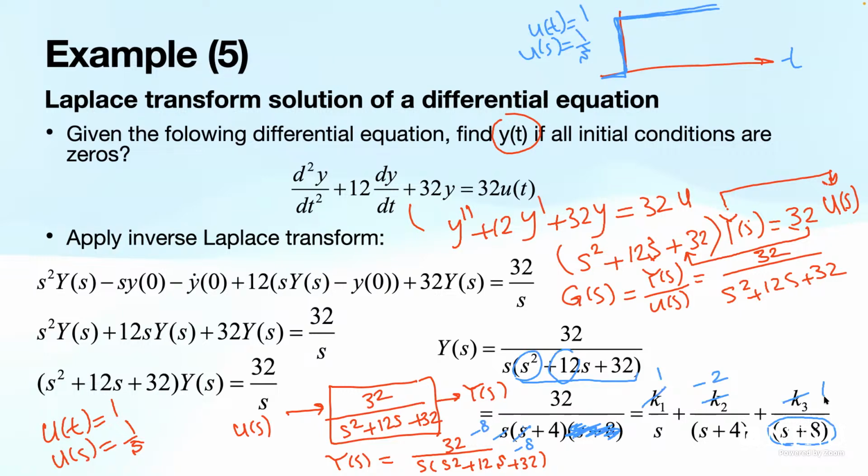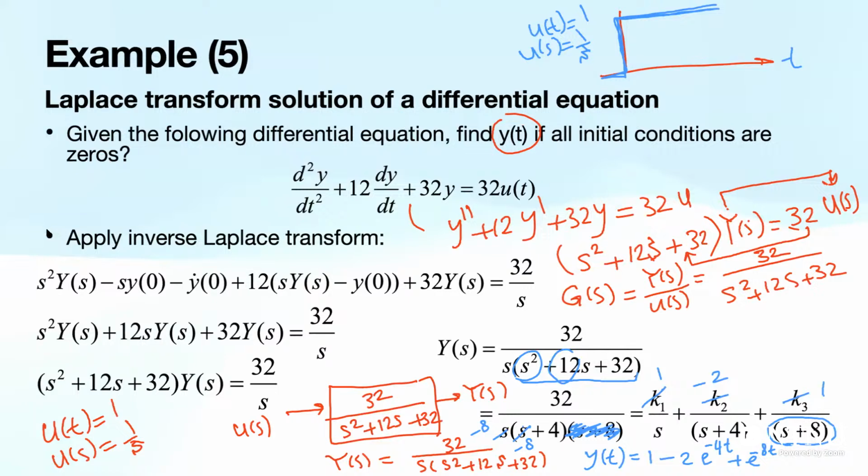So in fact, now if you want to get y of t, it will be the inverse Laplace transform of 1 divided by s, which will be 1. K2, it's minus 2, so it will be minus 2 exponential minus 4t plus exponential minus 8t. So now we solve it. Now we can get an equation for y of t. And just remember, look into